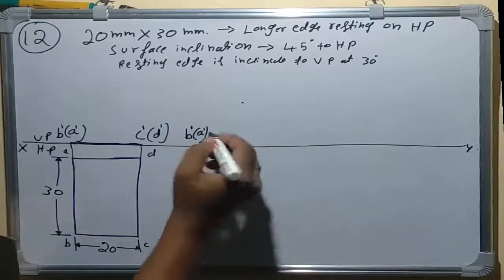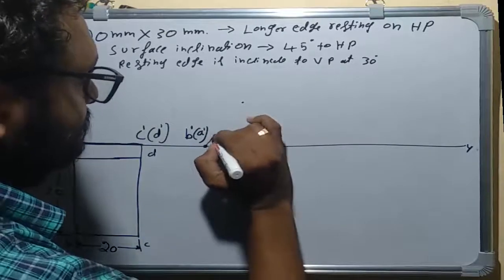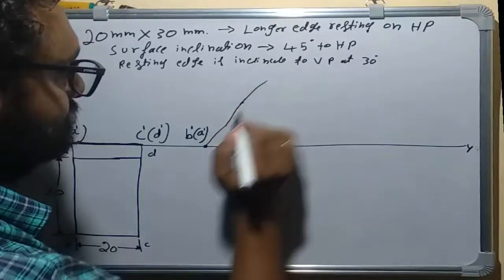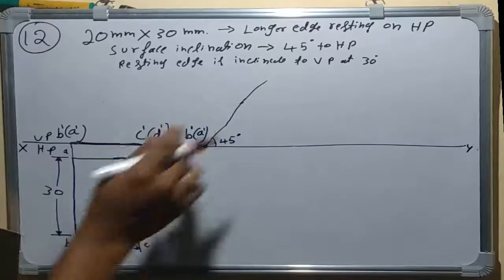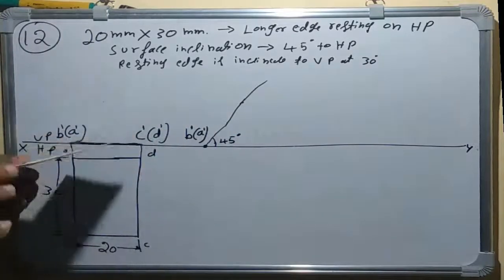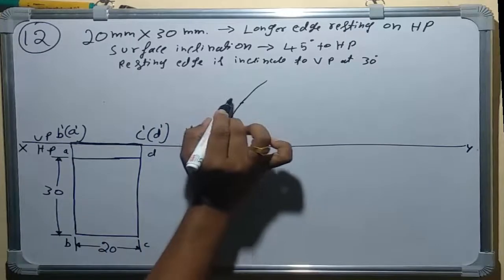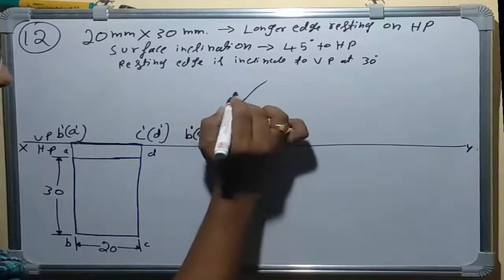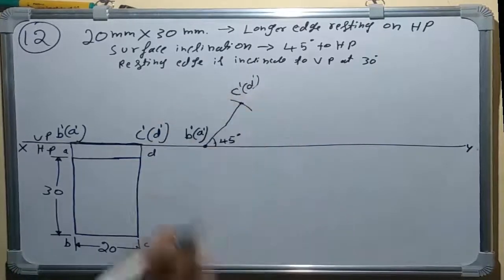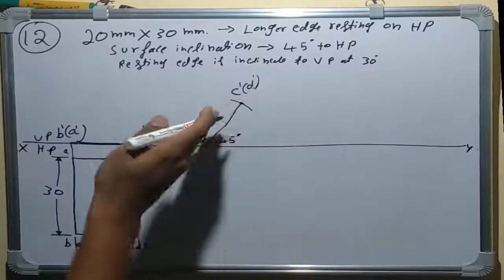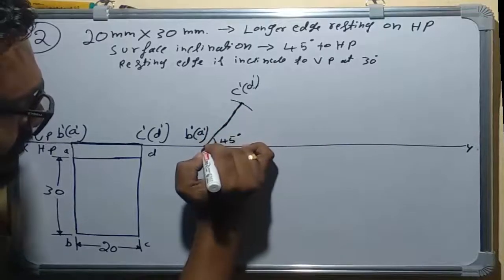After getting the angle point, from B dash of A dash through this 45 degree point, we need to draw a normal line and show the angle 45 degree. Next, we need to measure the distance here. What is the length of this? You can use the compass here, measure this, and taking B dash A dash as center, draw the arc. Where it intersects will be our C dash of D dash. After that you can erase this, it is not needed. So C dash of D dash we got it, and we made the surface inclined. Then after finishing that, you can make this line visible.